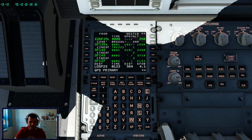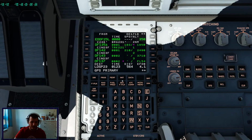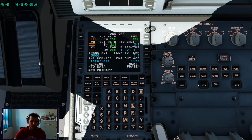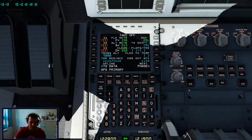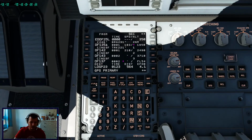Nice, guys. Nice. Okay. With that, we can plan for our German Airbus 1504, descending on the glide path, runway